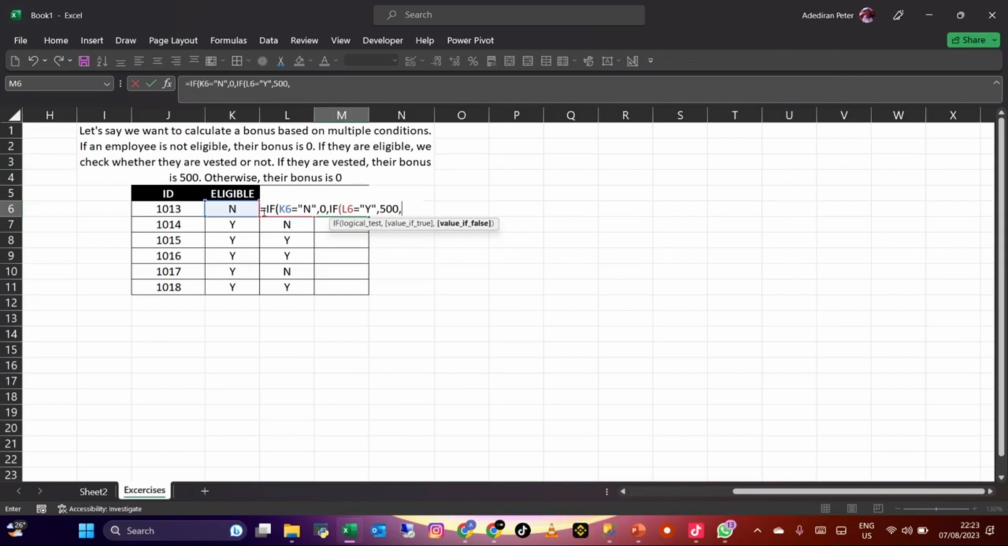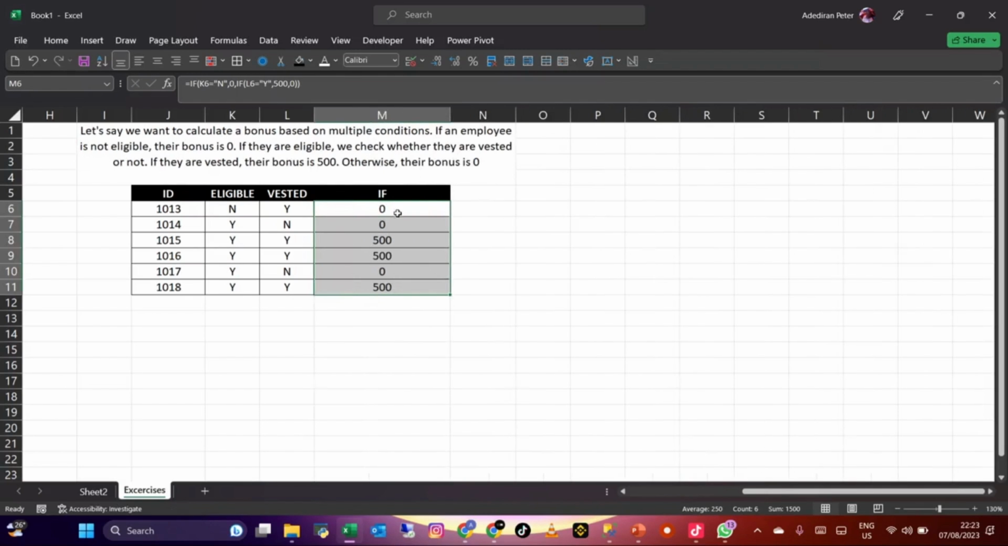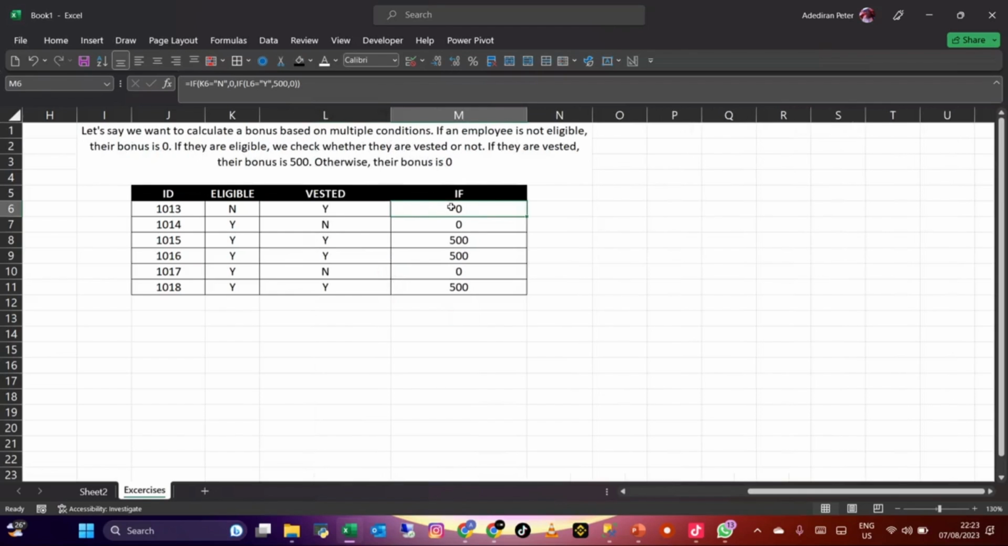Else we give it 0. Close it. That's how simple it is. Let's check the formula again. This one is obstructing the view. It's obstructing. So now we are saying